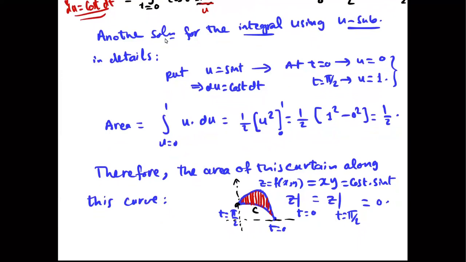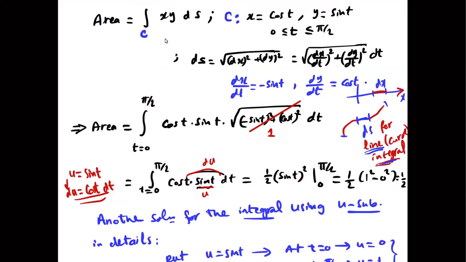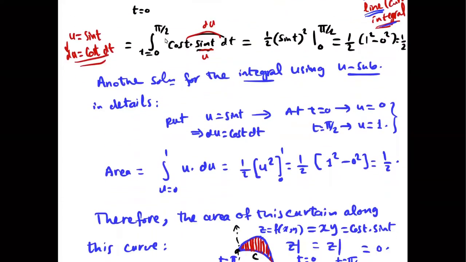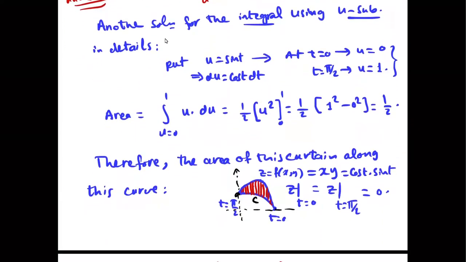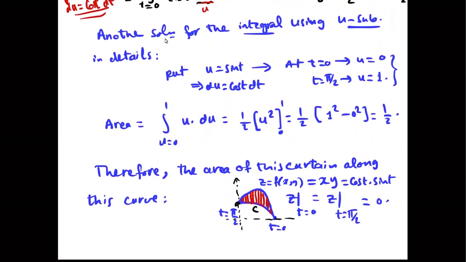Okay, this is the integral solution in details. You need to give your detailed solution of the integral. You can do it quickly like this. You have the right to do this u substitution in your head without doing it explicitly. If you are not familiar with doing the u substitution quickly this way, you do it in details. You put u equals sine t, and change even the upper and lower bound of t into